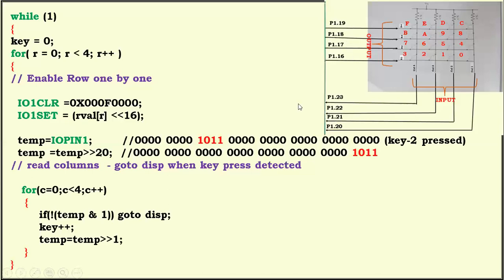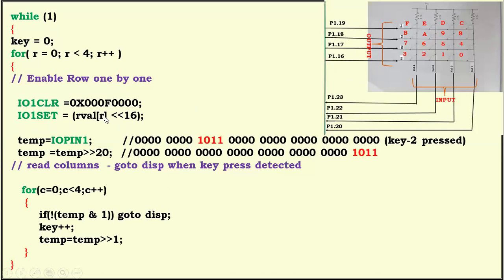That is very important. Suppose assume this is not there. If you write that value E directly into IO1 set, what happens? It's going to write this value starting from P1.0. But actually, according to the hardware, we are starting from where? P1.16. That's why I shift this value towards left how many times? 16 times.